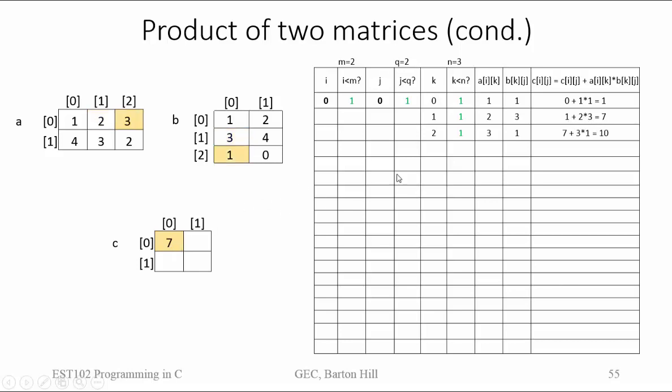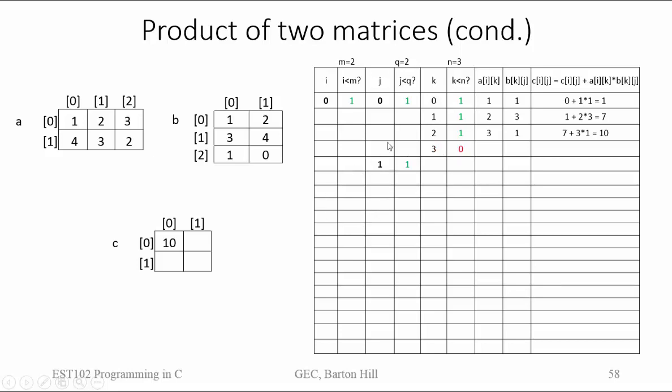Then again the value of k is incremented, 2 is less than 3, so again a of i k and b of k j are taken, that is this value and this value, and the product of those two values is taken and added to the location c of 0 0, that is the value becomes 10. Then again the value of k is incremented, now 3 is not less than 3, so it will exit from